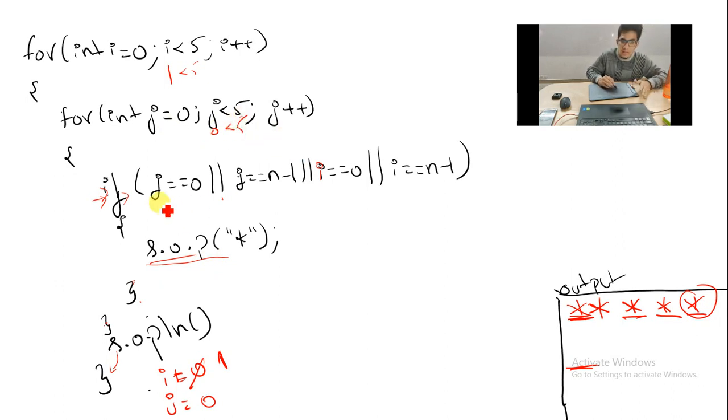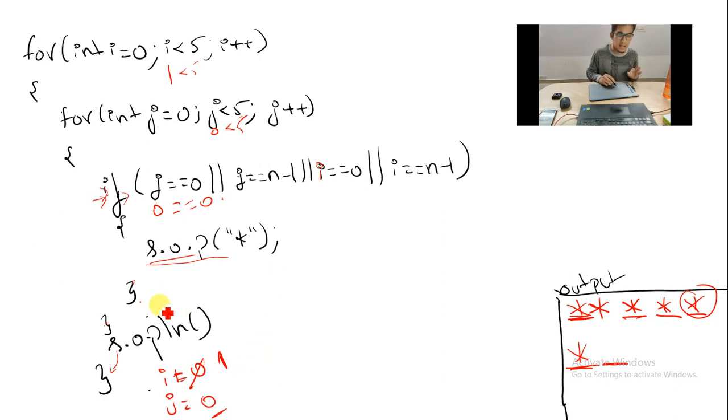Yes. Now when the control comes inside, what's the j value from memory? J value is 0. Is 0 equal to 0? Yes, now watch here, this is where the concept starts. Is 0 equal to 0? Yes, the condition is true. It will not check other conditions. It will print a star where the cursor is, and understand this: when you print, only then does the cursor move. That is fine.